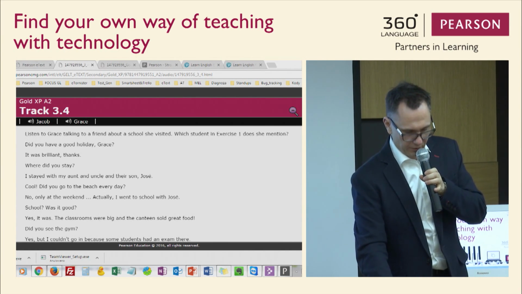So obviously what you can do is play the audio. So one of the functionalities you can already see is the text is highlighted.